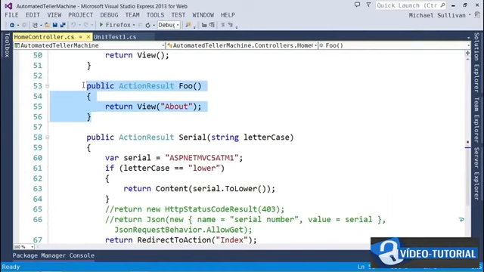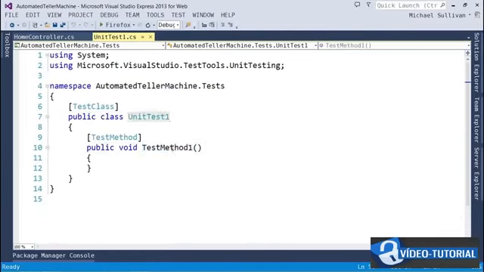So I'm going to change the name of this method to foo action returns About view. I'm using a name that makes it very obvious what we're trying to test here. We want some other developer who might be maintaining this code later on to understand exactly what we're doing. So these method names will serve as some documentation for both the tests and the main code itself. And using these rather long method names is perfectly okay since it isn't going to clutter up any client code